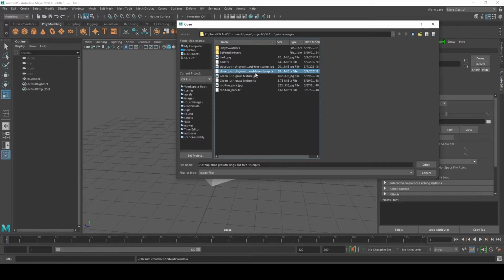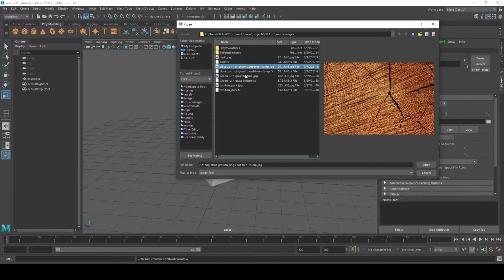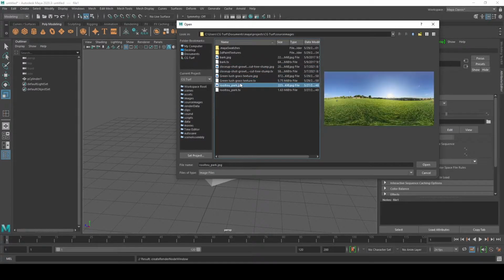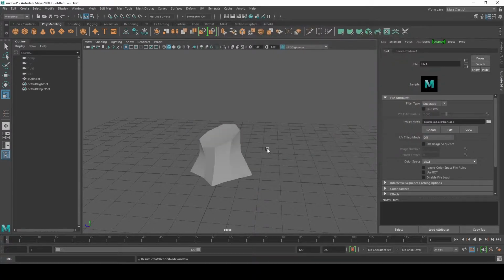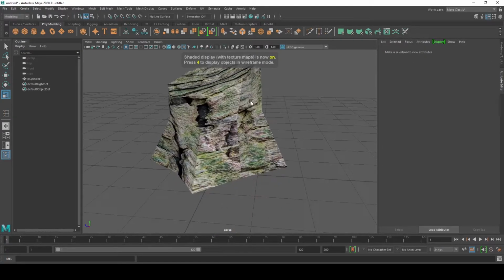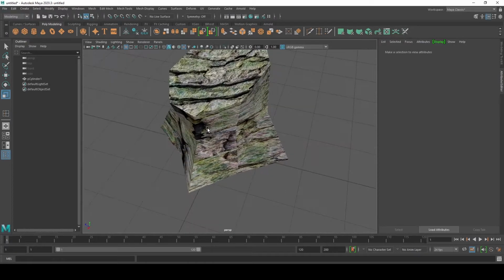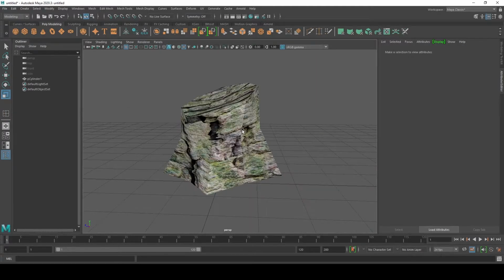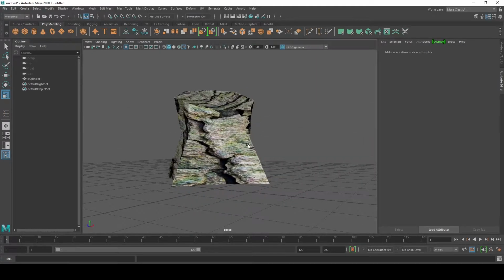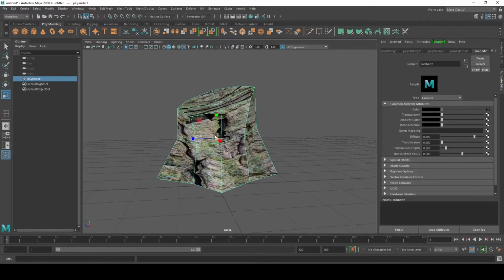So for example, let me select the bark. I'm going to open this, and then I'm going to press 6 on my keyboard, and here we go. Your model has been textured. So obviously this doesn't look good. So what we're going to do is,